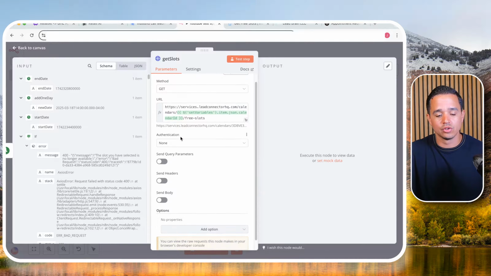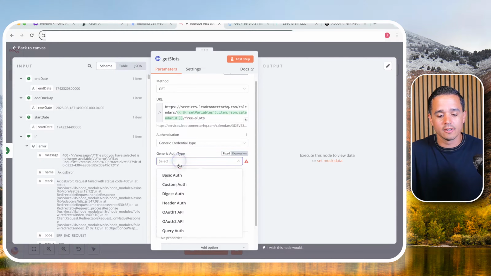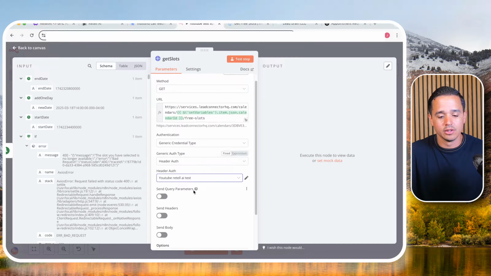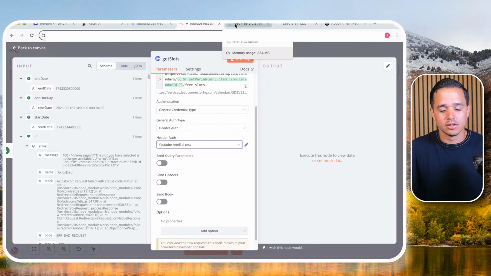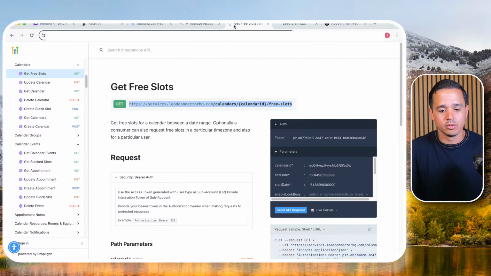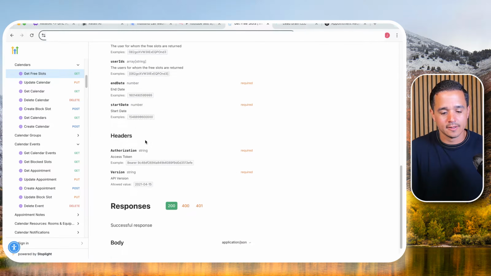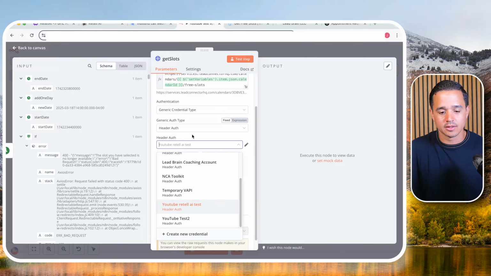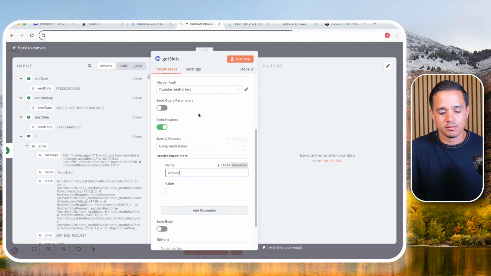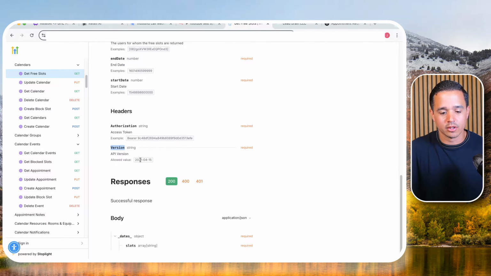So pretty sweet. Authentication, generic, and then header authentication, and we're using RetellAI test, and query parameters. So I think we actually need to send start date and end date as query parameters, but we also need a header. So if we come over here, headers, we need to set the version like we have for all the other ones. So I'm going to copy this, send headers, version, and then go back to our documentation, copy this date,